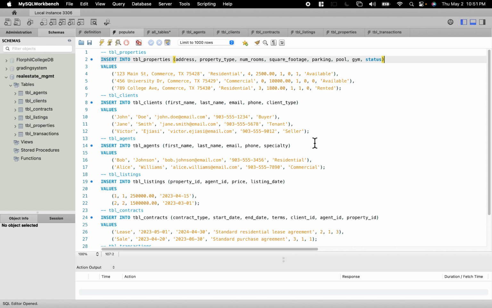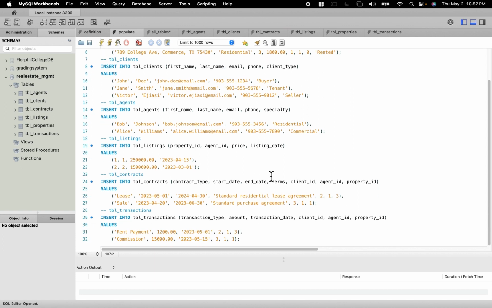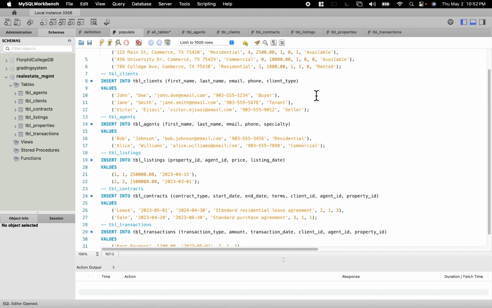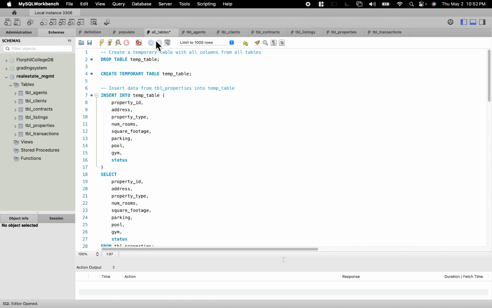You'll see here that a client, a seller named Victor Ajasi is listed in the clients table. The agents, again, are samples, and some listings are shown here with different qualities and properties associated with them, along with the contracts and the transactions that occurred. So this is a preliminary framework for this real estate management database. And now that it's been populated, we can assess all of the tables